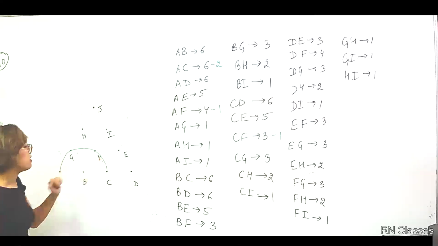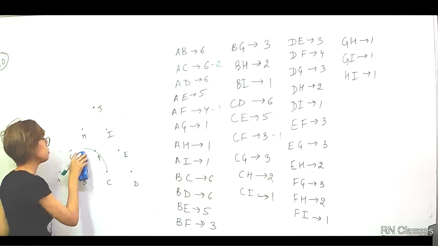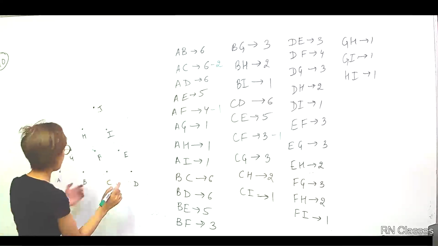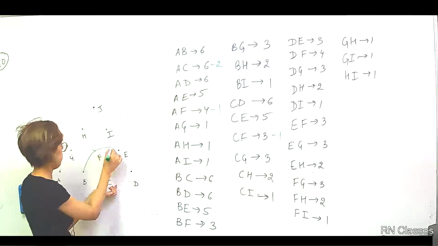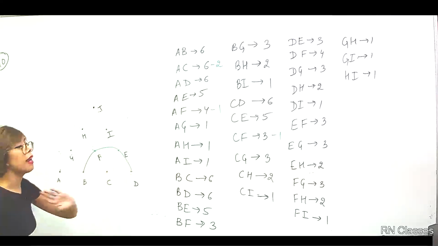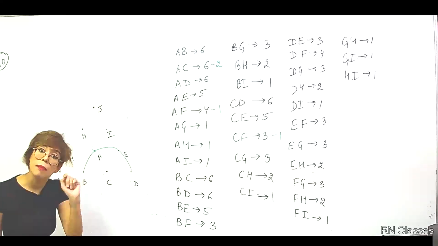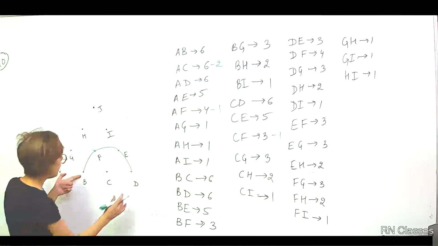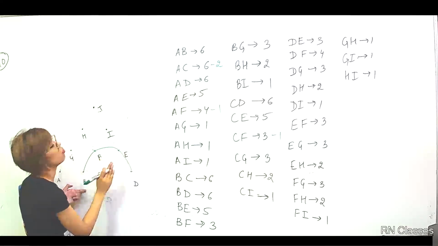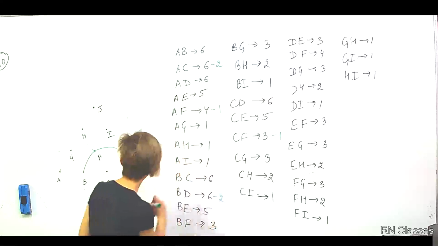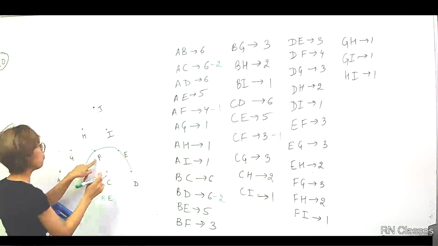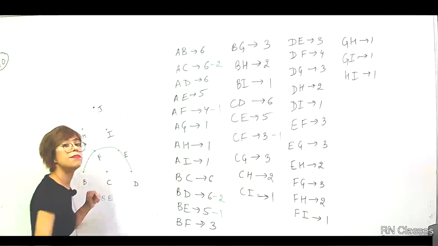With B as the center, I had this. What if I take C as the center? If C is the center, I can have a circle like this. Right? Okay. Now again, 1, 2, 3, 4. I don't want this circle and you have counted it. That too multiple times. So let's see. Now BD. When I was counting BD, I must have counted the circle twice. 1, 2. So BD minus 2. Done. Then let's take BE. I must have counted this circle once. So BE minus 1. Done.